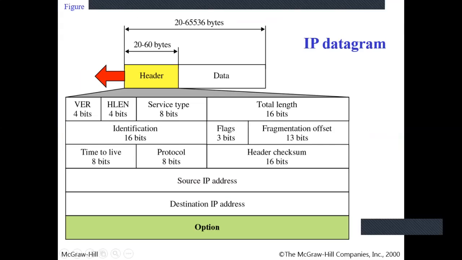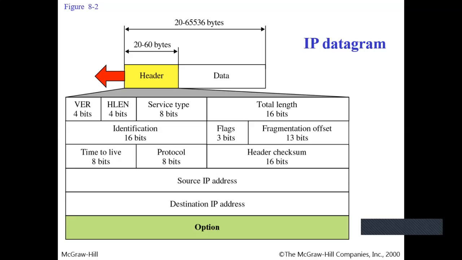Come to the IP header format. We are on the second row, which has the identification field, flags field, and fragmentation offset. These three fields define the fragmentation part. Now, the identification field matters when a datagram contains many fragments. For example, a datagram has three fragments. How does the machine's network layer identify which fragment is related to which datagram? Clear? The identification field is copied in all the fragments of a specific datagram.